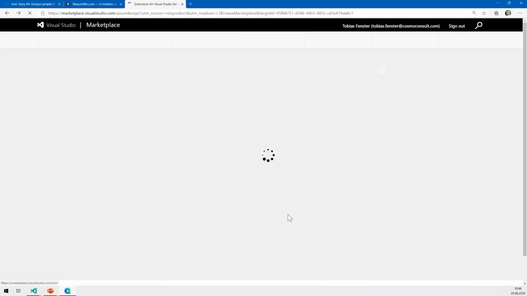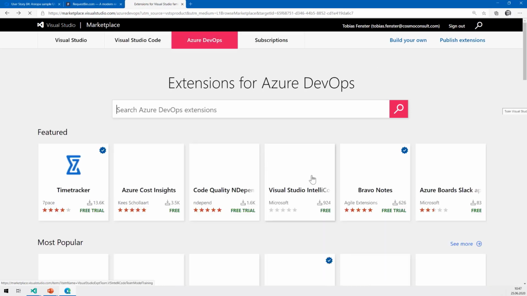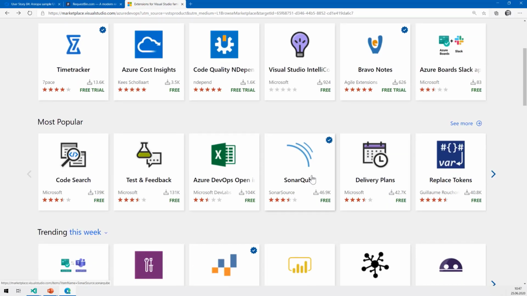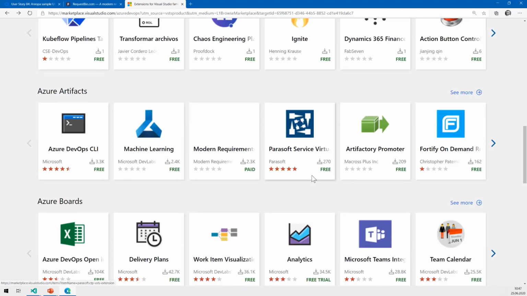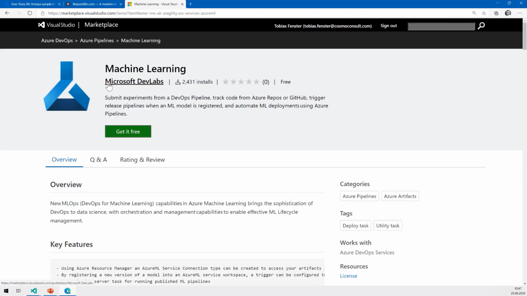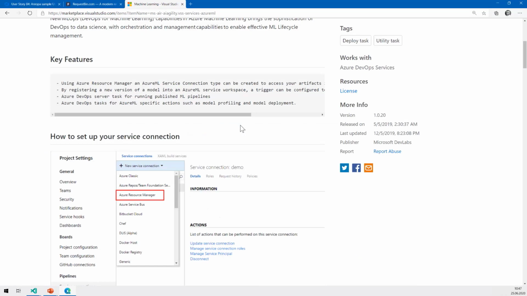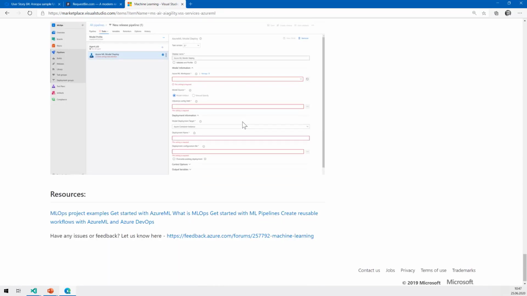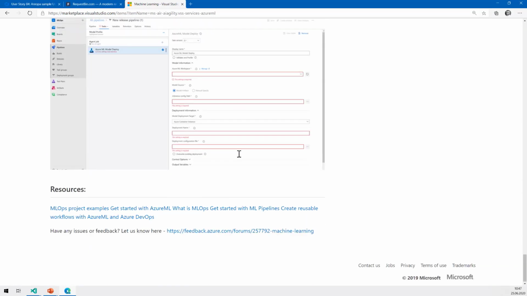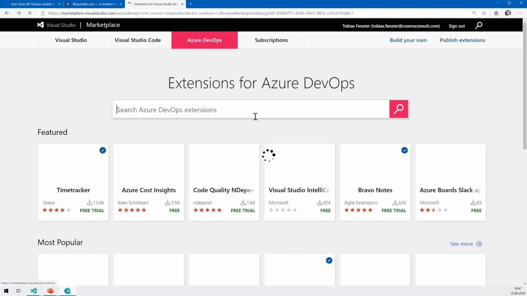To go back, let's see if I can find one that is from the DevTest Lab. Yeah, for example, that one. You can see here, this one is provided by Microsoft DevLabs, and they usually have some information in the end. No, that one doesn't, sorry. But usually it has a paragraph in here that says, this is coming from the DevLab team. This might end up in the product or not. Please give us feedback on that one.